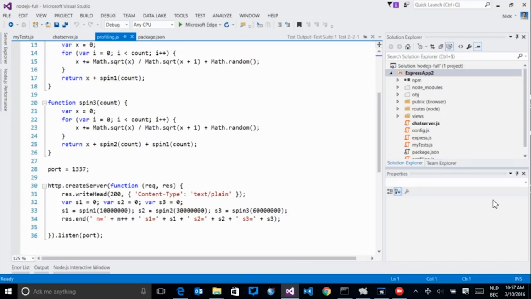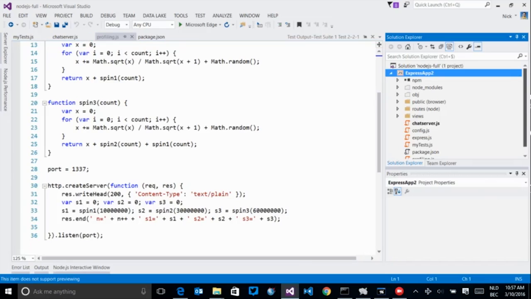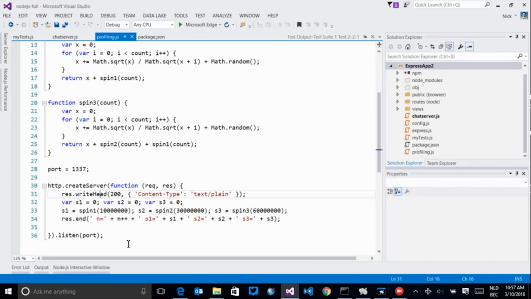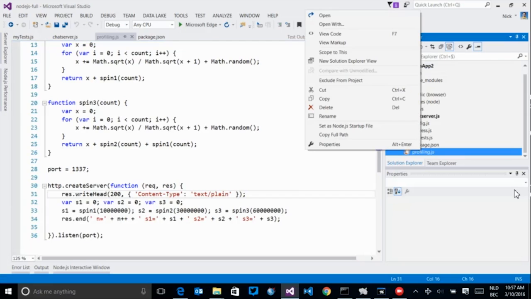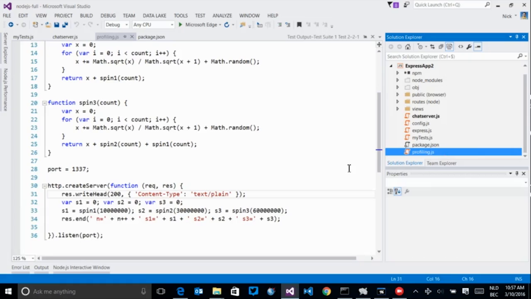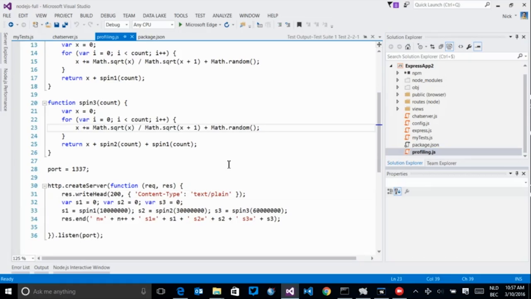Now, first thing we need to do is specify that this is becoming our start page. So we want to launch our application. Profiling.js should be our startup file. So set Node.js as our startup file. If we now run our application,